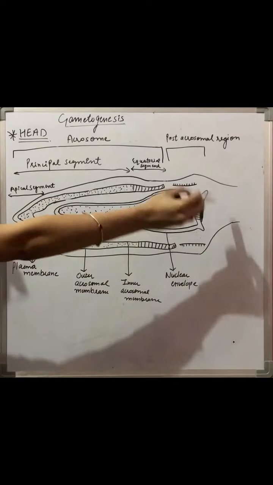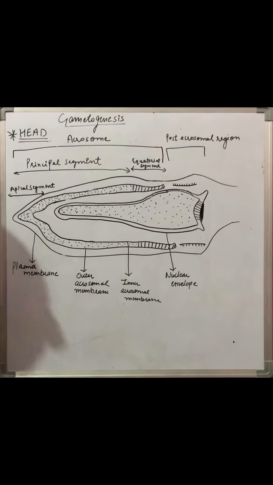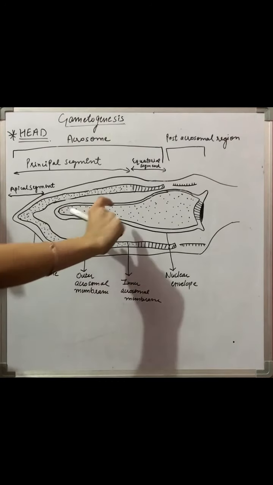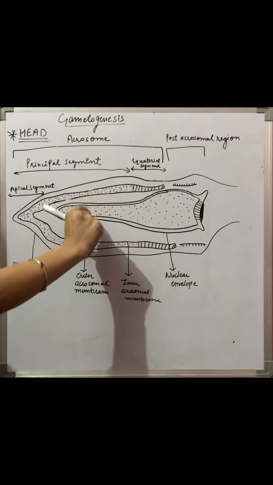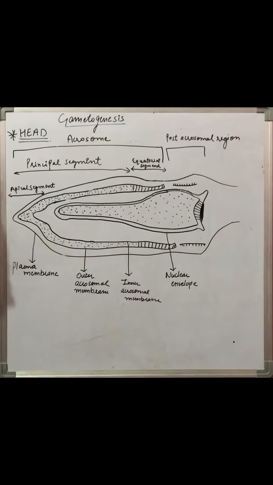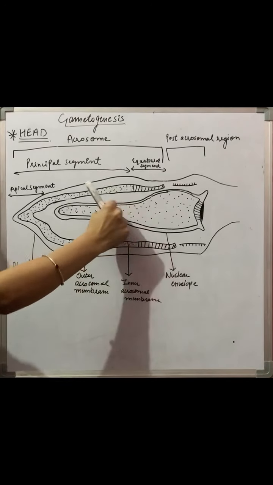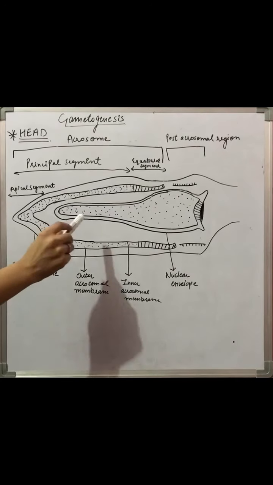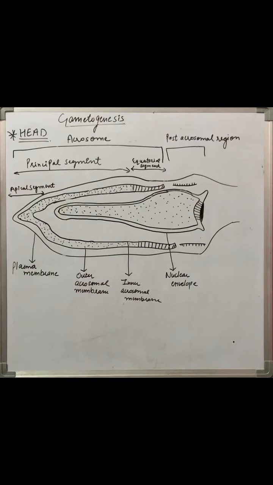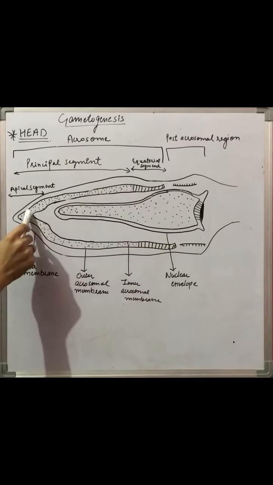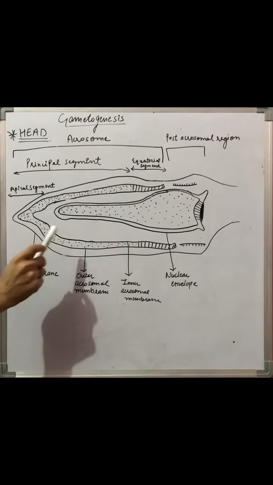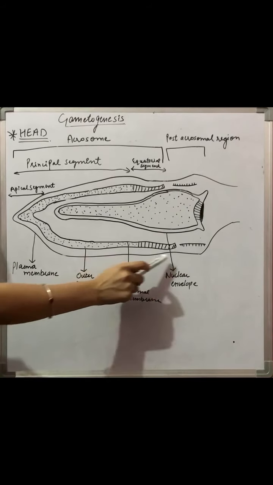So this is the head structure of the mature spermatozoa. It has the acrosome and the nucleus. So let's see. This central part, which has the two envelopes around it, this is the nuclear envelope, and the central part is known as the nucleus, this dotted structure. Around the nucleus we see a cap-like structure, that is the acrosome. This is the acrosome part present around the nucleus, and around the acrosome there is the plasma